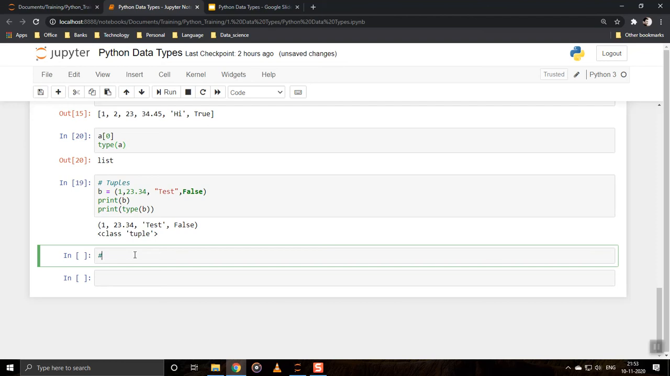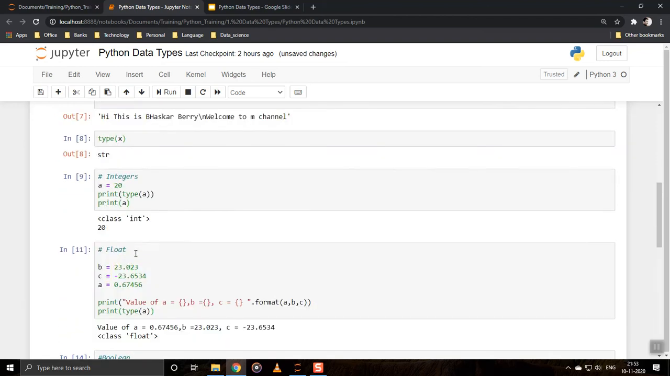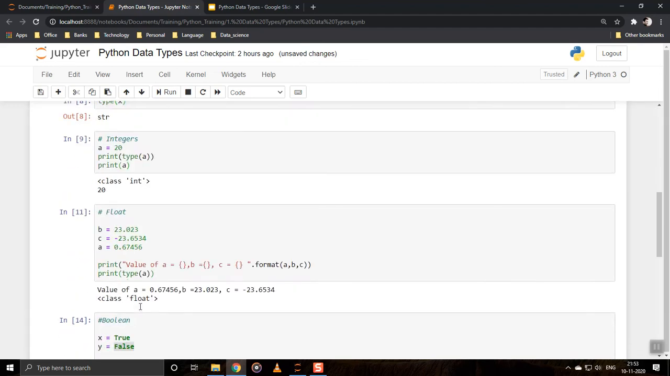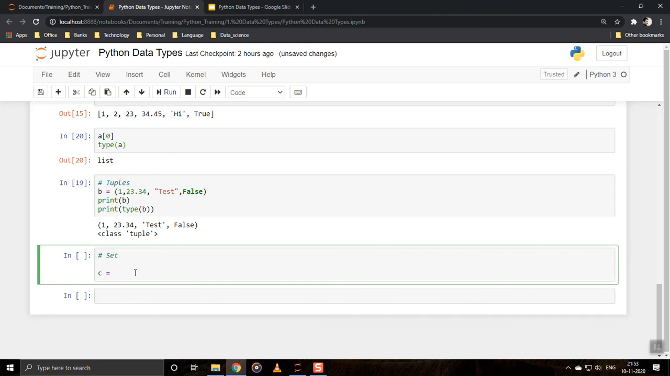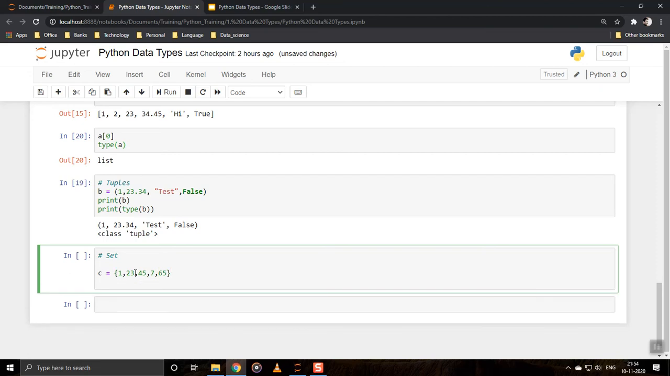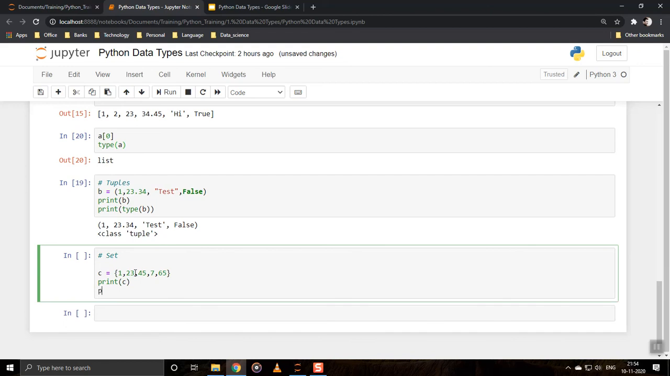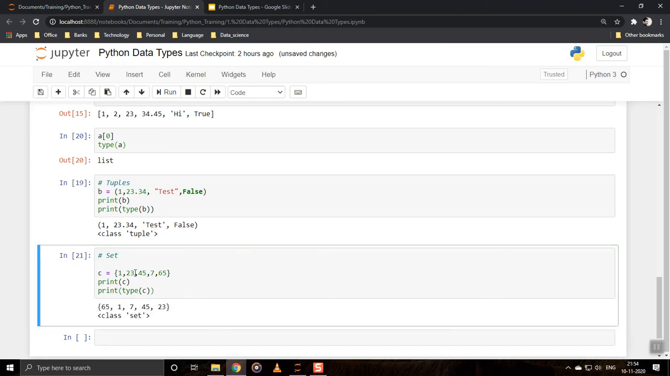And the next one is sets. I think, yeah, a set is basically a unique collection of elements, so even that's defined as, and we can loop through them also, as it is a collection. Let's see type of C. So you can see that